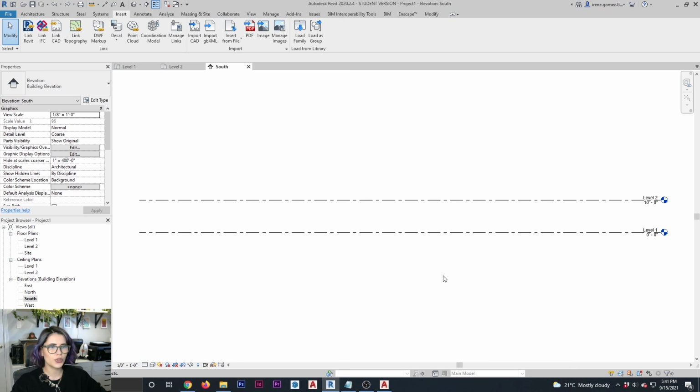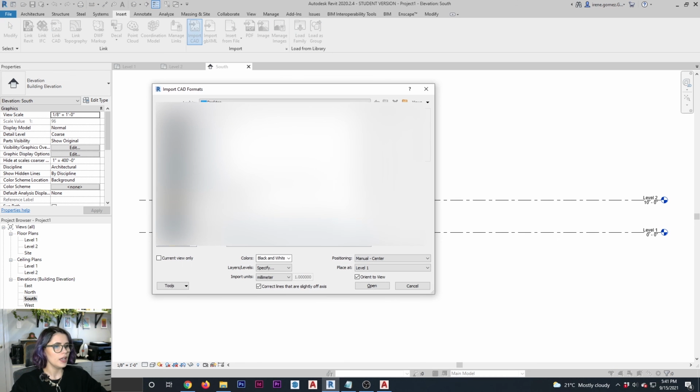Let's say we're going to choose the south elevation, and while the elevation is active, you're going to go to Import CAD and select. And even though it says here that it's placing it in level 1, because this option here is checked that says orient to view, the option of level 1 will be overwritten, and instead you're going to be placing it on the elevated view.